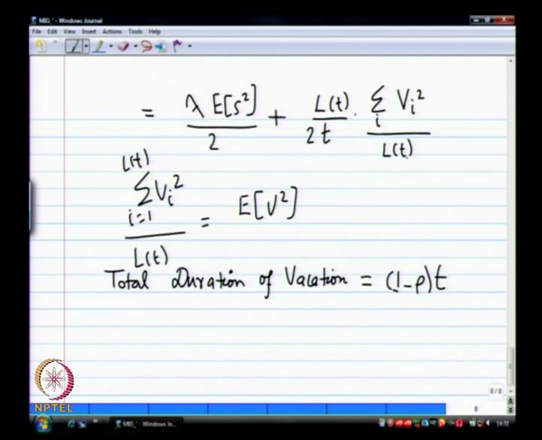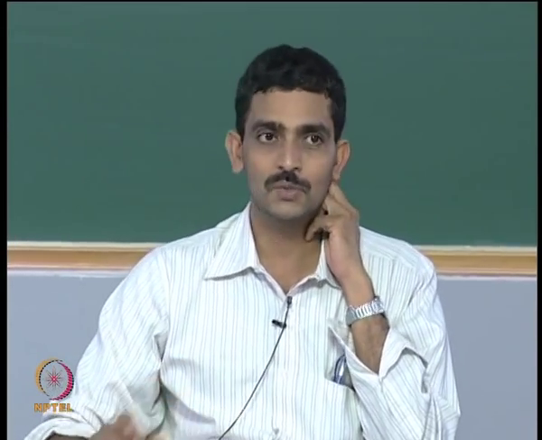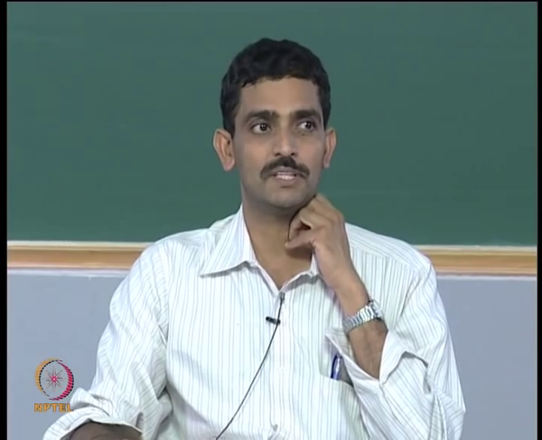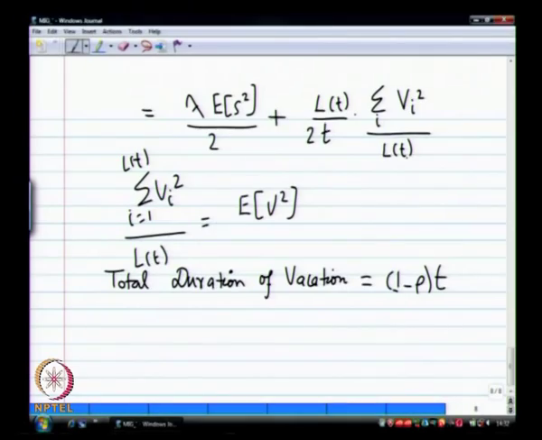Does that make sense? What is the server utilization? Rho, and when rho is less than 1, that is also the fraction that the server is busy, and 1 minus rho, remember, is p naught, the fraction that the server is idle. So p naught into t is the total time that you would expect the server to take vacation on average. So 1 minus rho into t is one way that I can derive the total time the server was on vacation. Another way, this is also equal to